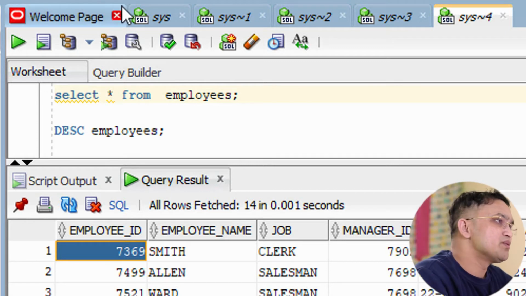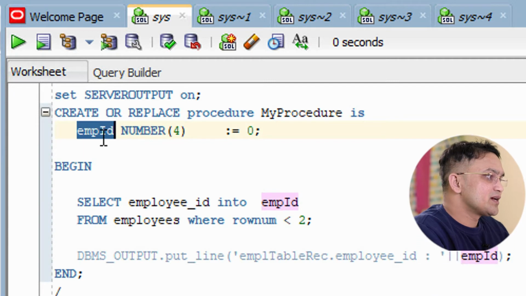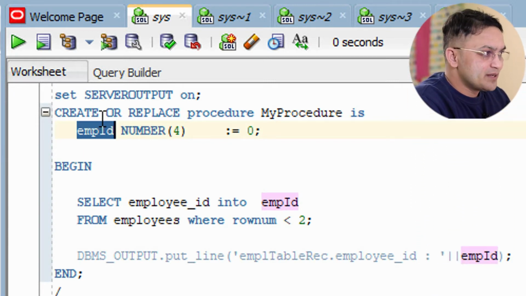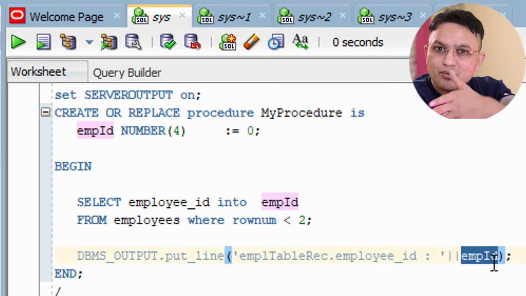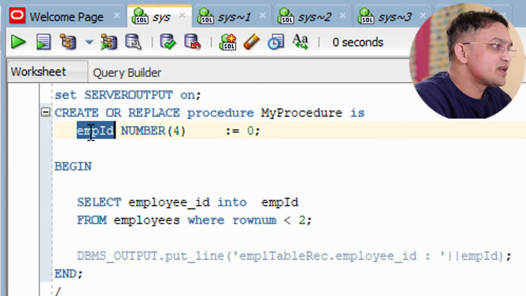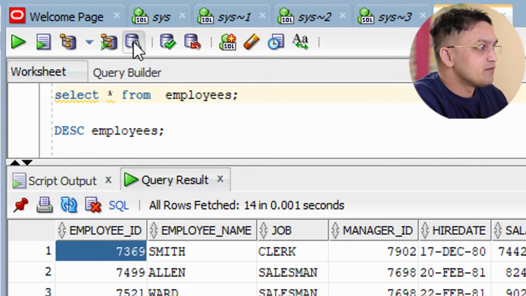Then you will simply write this program, declaring an employee ID variable and using it here and here. You declared only one variable because you wanted the information of only one column, the employee ID.